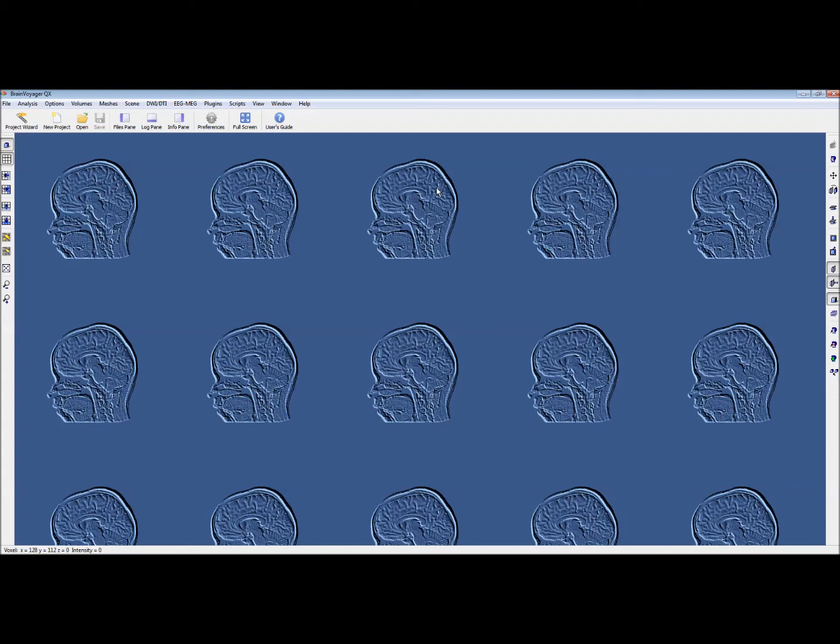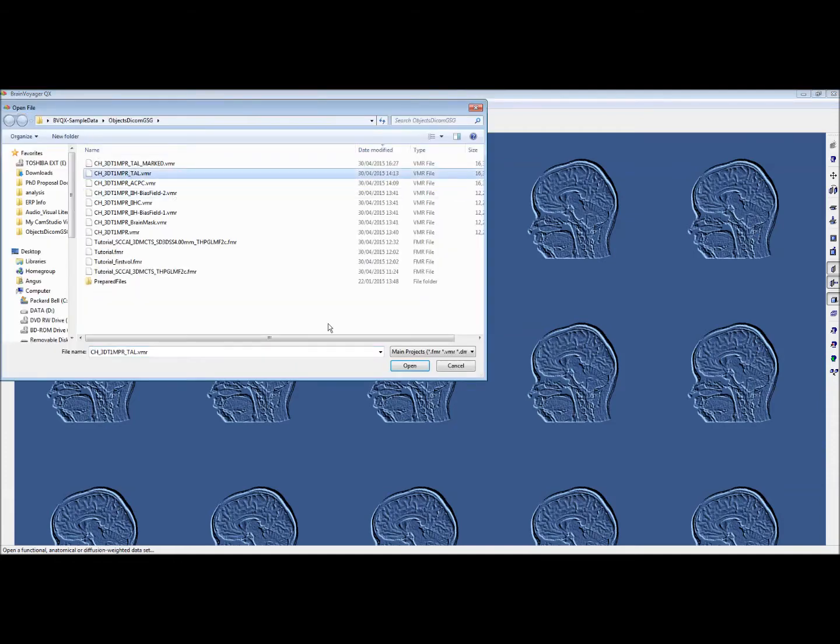So one of the last things we want to do with the BrainVoyager Getting Started tutorials is look at analysis in surface space. So this is doing surface reconstruction of the head, segmentation of white matter and grey matter. This allows us to create a mesh of the cortex. We can then inflate this mesh of the cortex and overlay statistical maps on top of it. So the first thing we want to do is open our TAL file,